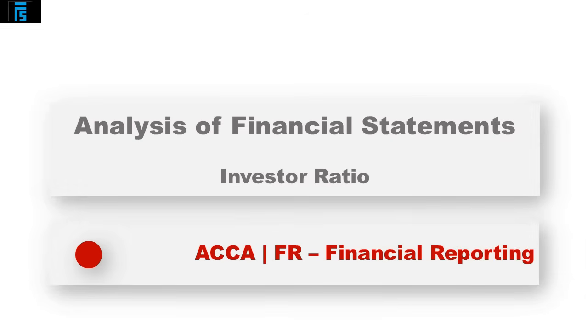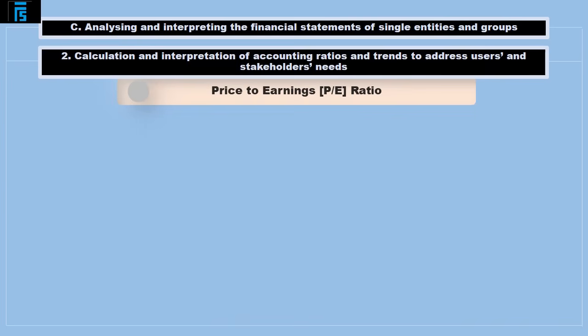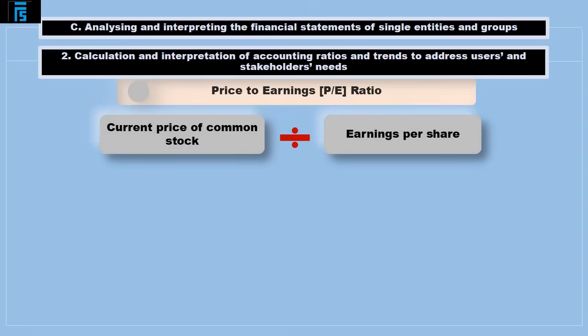In the sixth module dedicated to the analysis of financial statements, we will be focusing on a group of ratios which are of particular relevance to equity investors and which we will be referring to as investor ratios. Without doubt, the most important of these is the price to earnings or PE ratio, which is calculated as the relationship between the current price of a company's common stock and the level of earnings per share or EPS generated